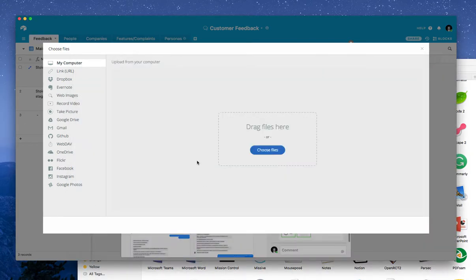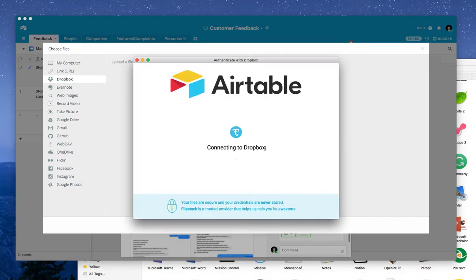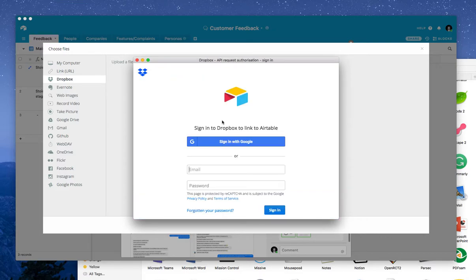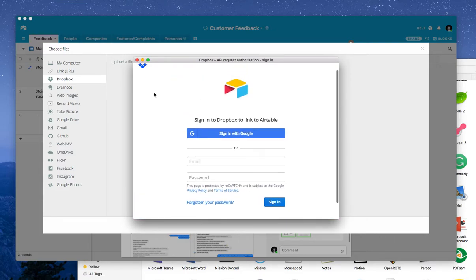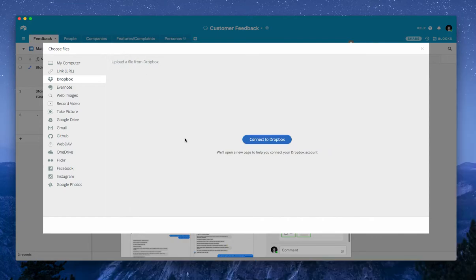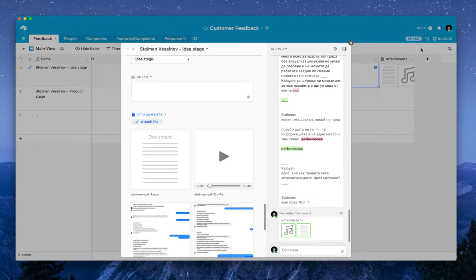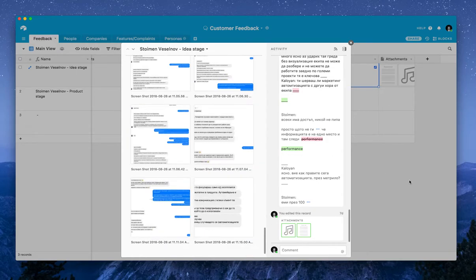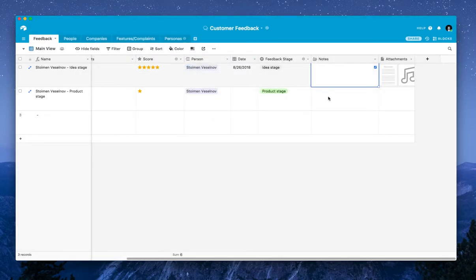And then in Airtable, they do have a very nice integration with Dropbox. So I simply connect my Airtable to my Dropbox account, and I can link that recording right away in the table with pretty much no effort. So this is quite handy. So going back to the table,